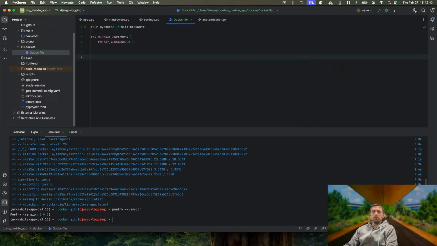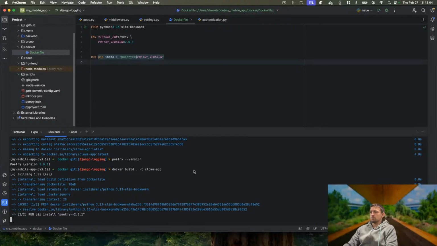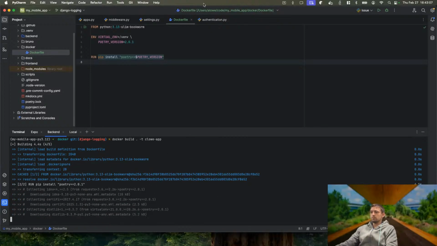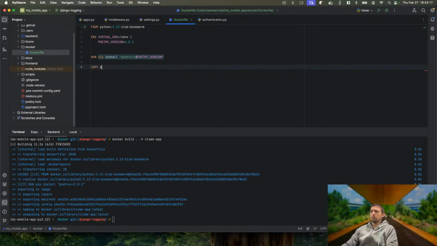And then what we want to do inside of the Docker image is install Poetry using the Poetry version that we specified there. All right. Cool, we got that working. So now we want to copy both of these into whatever directory we're working in Docker. It doesn't really matter at this point,